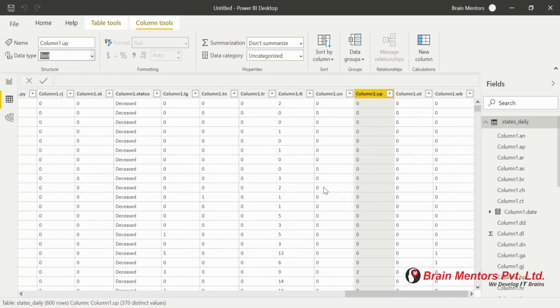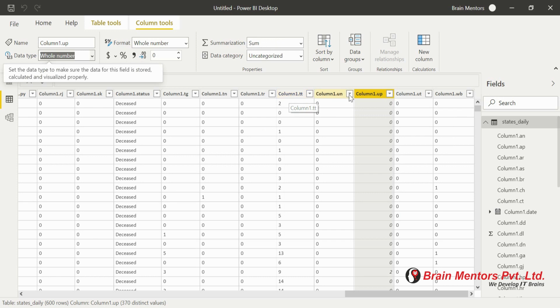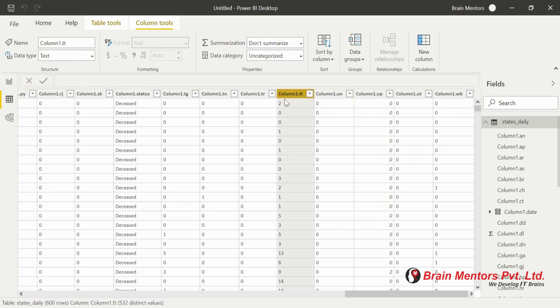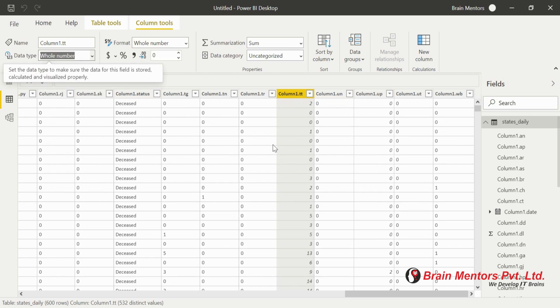Click on yes. And now there is a column TT, that is basically the total count of the particular date. Of each and every date we have this total count. So this is a very helpful column for us, so we need this column. Okay, so I have converted a few of the columns into the numeric part. Not all the columns, I just need a few of the columns.